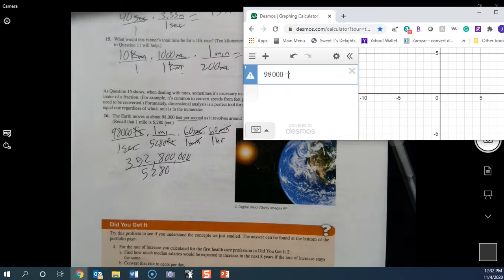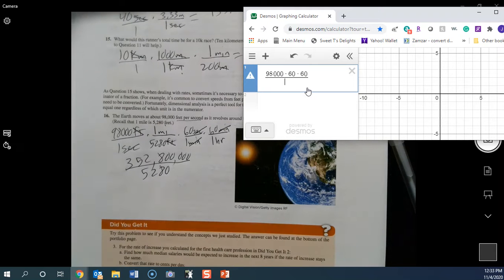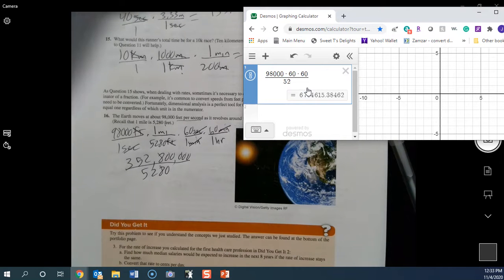So 98,000 times 60 times 60. So that gave us 352,800,000. Now for our denominator, we want to divide that by 5,280. And that gives us,